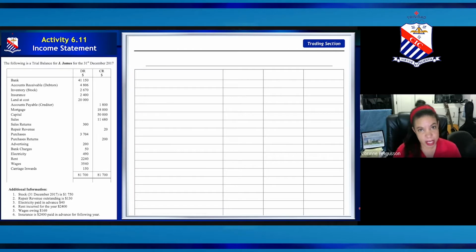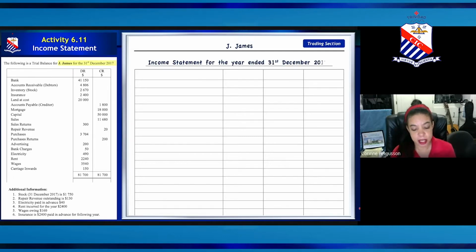So starting with our activity 6.11, the first thing that you do for any format is you put the name of the business, and the name of the business in this case is J. James. So you put the name of the business, and then what are we doing? We're doing an income statement for the year ended, and what is the period? As we see up here highlighted, this gives you the name and the date, and it's the 31st of December